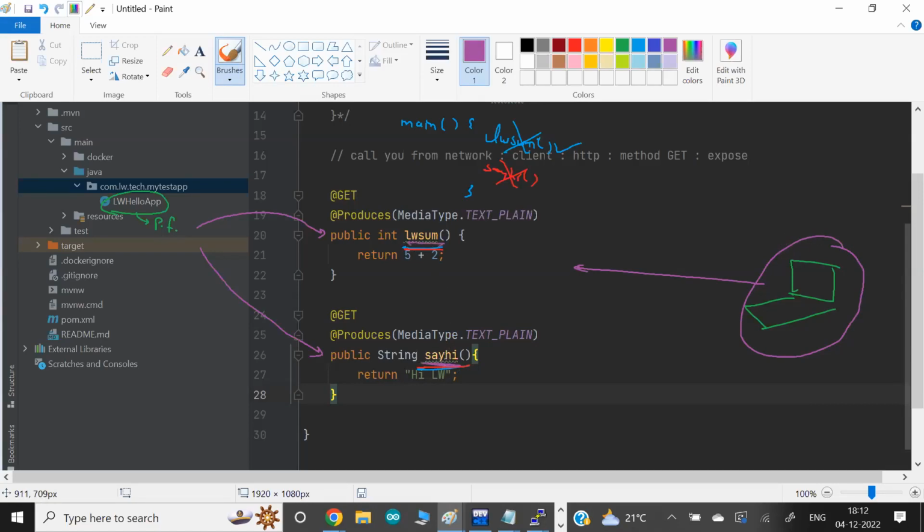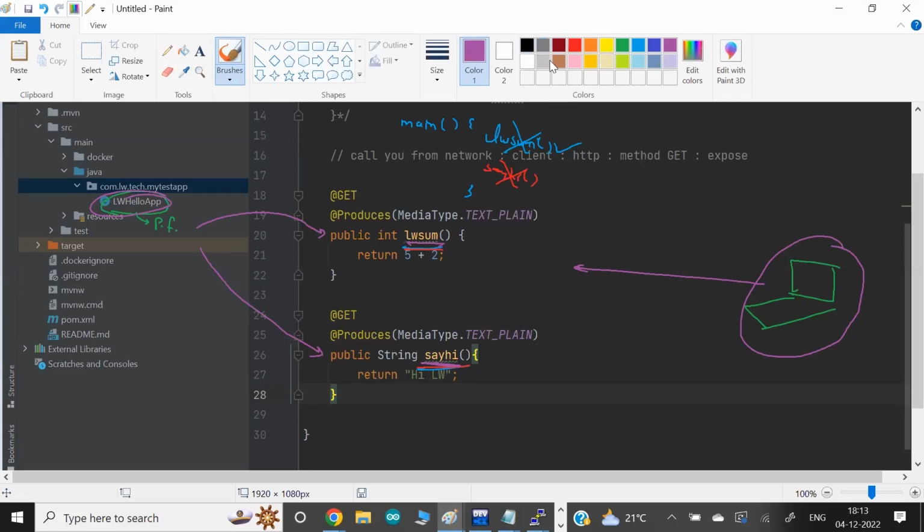They don't know your function name. They don't even know your program name. The function name is part of the code. Code normally comes in a compiled format, byte code or compiled code. Nobody can go inside the code and see it, and code normally runs on the server. I cannot go to Facebook and check the function names they use. Function names are not given to anyone in the outside world, the clients or users. It is only for the developers. They don't know anything about the function name.